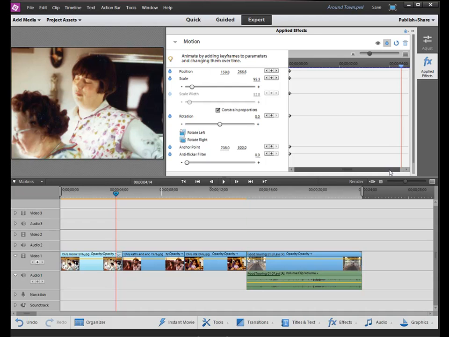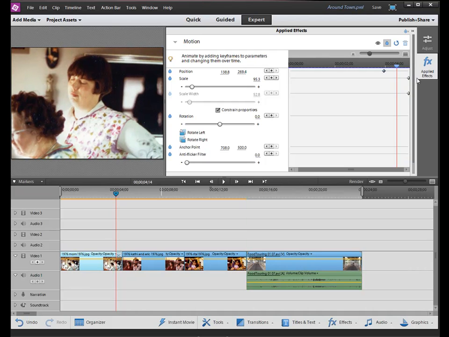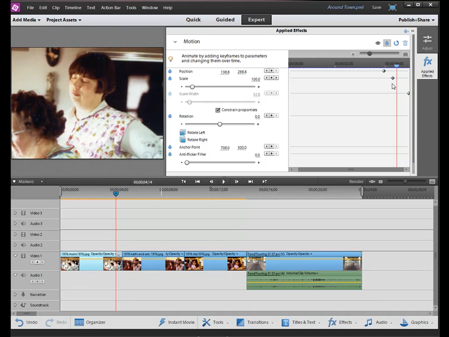Keyframes are wonderfully editable. You can delete them, you can change them, you can drag them around on the timeline to make your animation happen more quickly. The closer your keyframes are together, the faster the animation between them. And keyframes, as I say, are applicable in many places, not just in creating pan and zooms, but for instance,